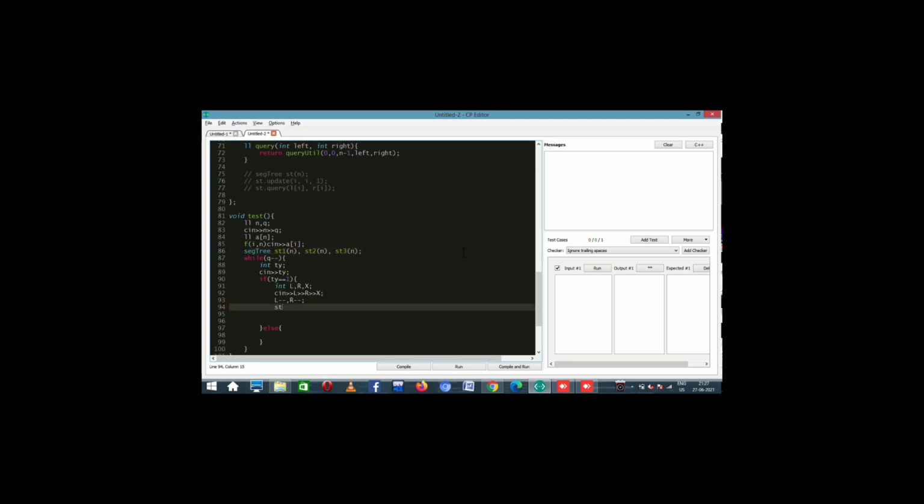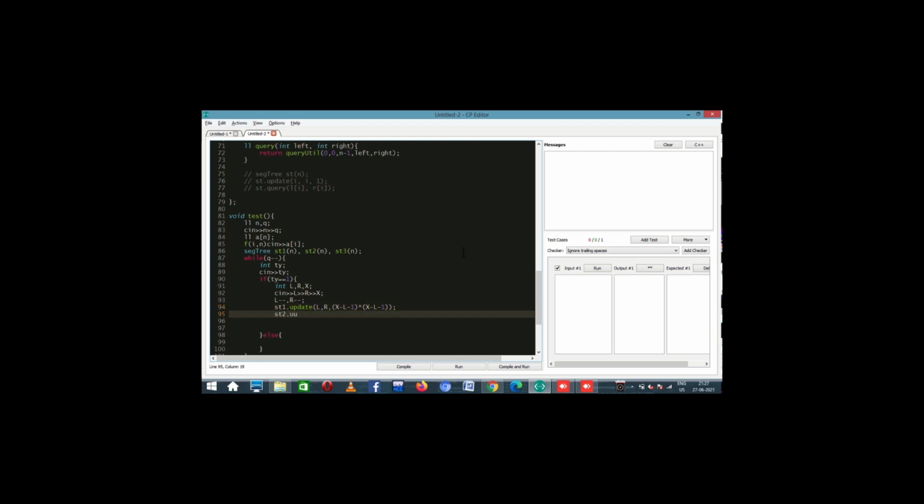First update is like this: st1 dot update from L to R. How much to add? That was x minus L squared, but because we have reduced L in the 0 based indexing, that minus 1 also came into the picture, x minus L minus 1. That's the first update.